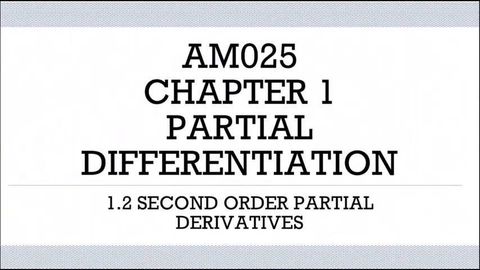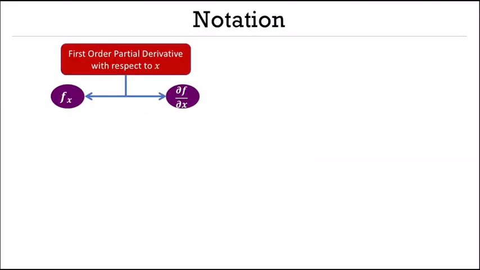In this video, we are going to learn about second order partial derivatives. The first order partial derivatives with respect to x are denoted as f sub x and del f del x. When they are differentiated once again, we will get the second order partial derivatives. The partial derivative of f sub x with respect to x is written as f sub double x,